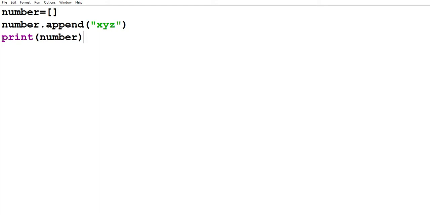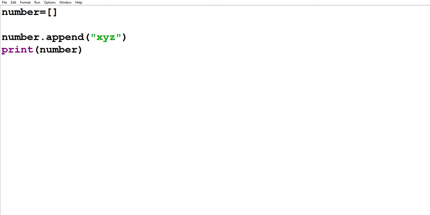Let's suppose we have a variable x, and in the variable x we are getting a value from the user. How can we get a value from the user? With the help of the input method. Enter your value, right? And as we know that we are getting the value in the variable x, we can write the x variable in the append method.